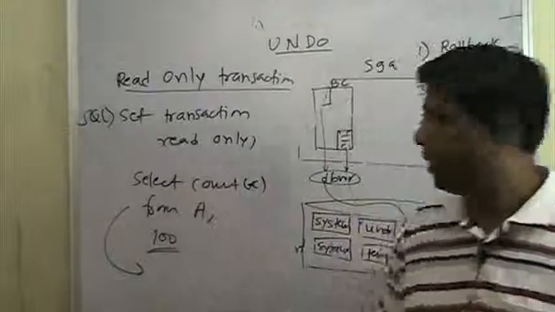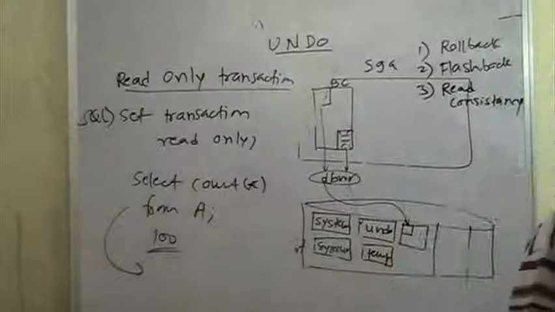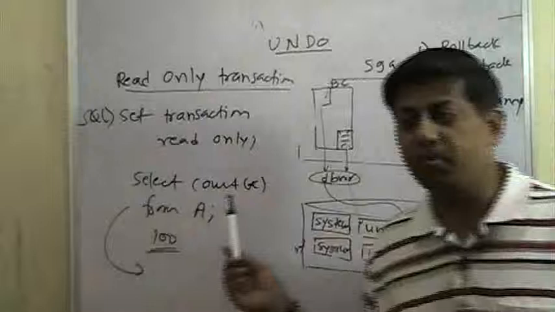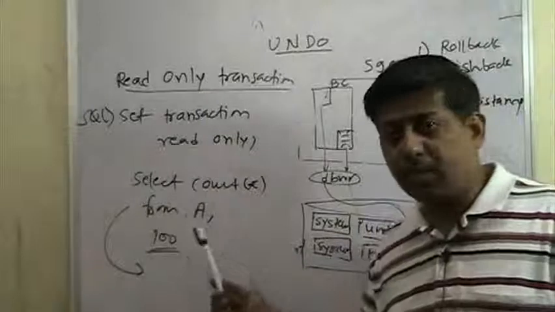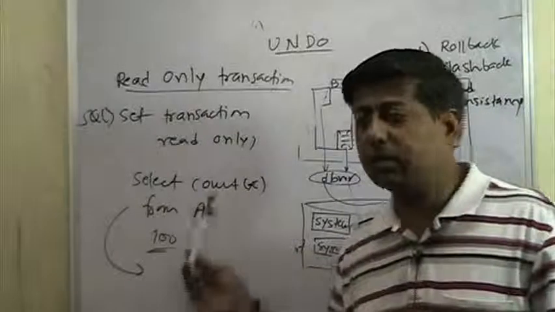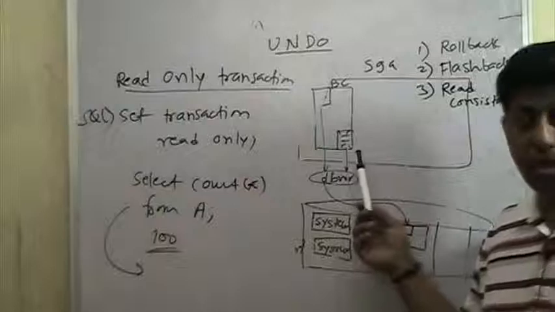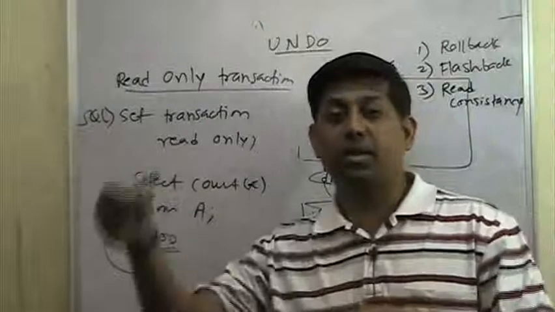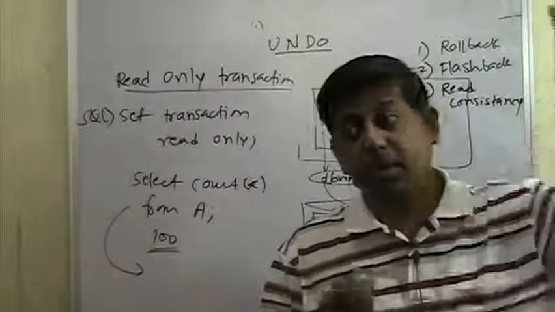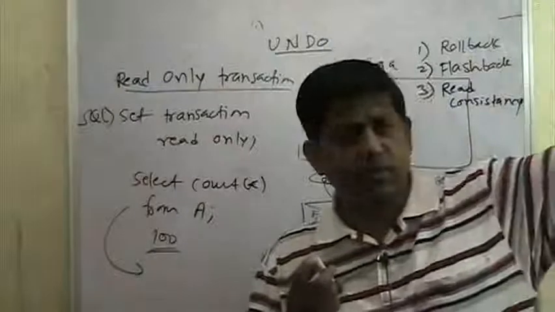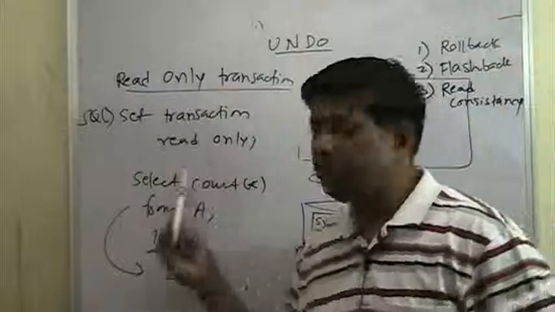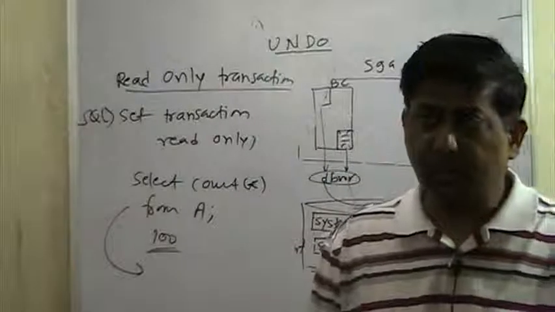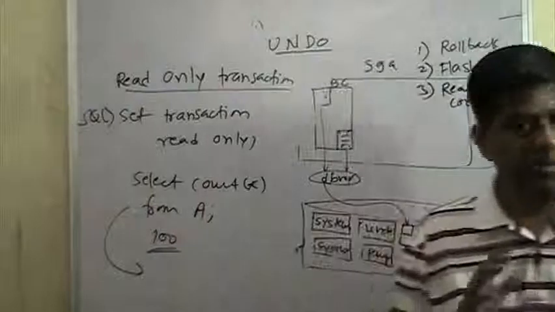So how do we start it? Set transaction read only. Now, where is this data coming from? Even if the data is deleted and committed, where is the data coming from? It is coming from the undo. And another problem here in the read-only transaction is that if that undo is overwritten by somebody else, because that undo is expired now, then again the read-only transaction will get a snapshot too old error. By using this statement also we have the same error.